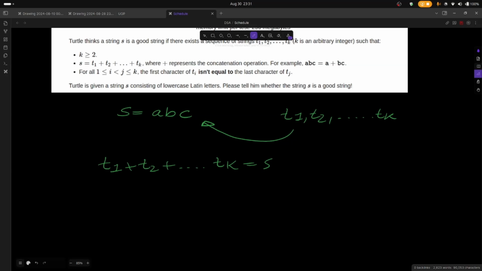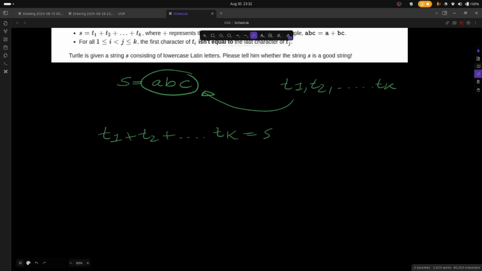In other words, we need to partition s into 2 or more substrings. We have to partition it in such a way that the first character of t1, that is t1 of 0, should not equal the last character of any later string. So for t2,